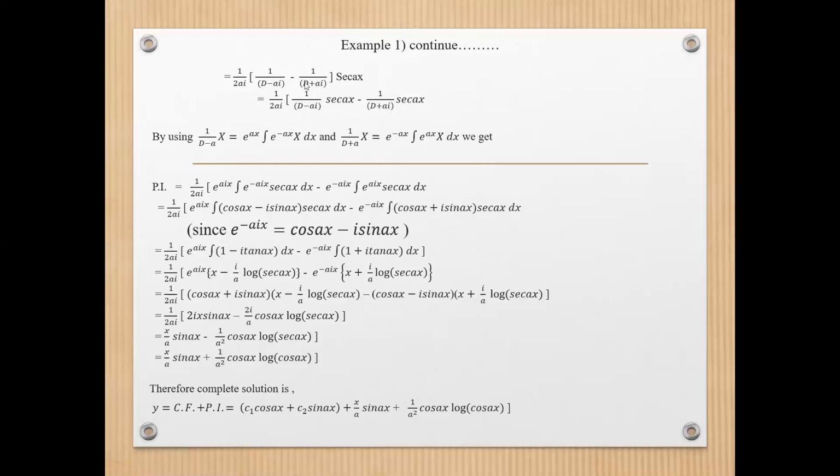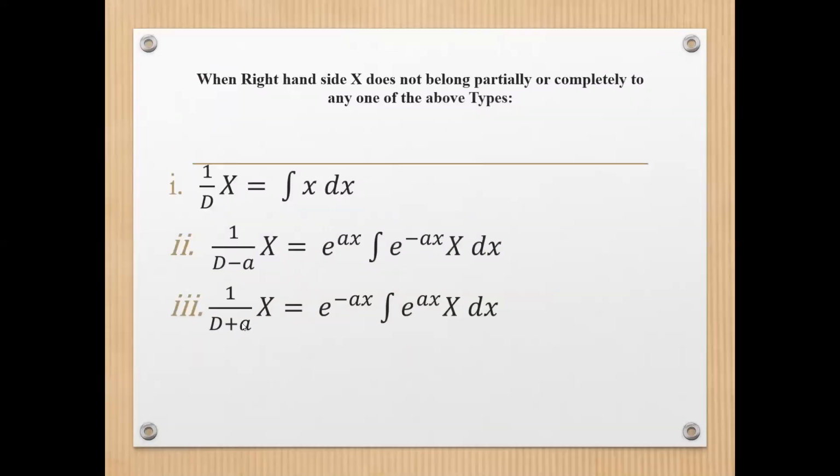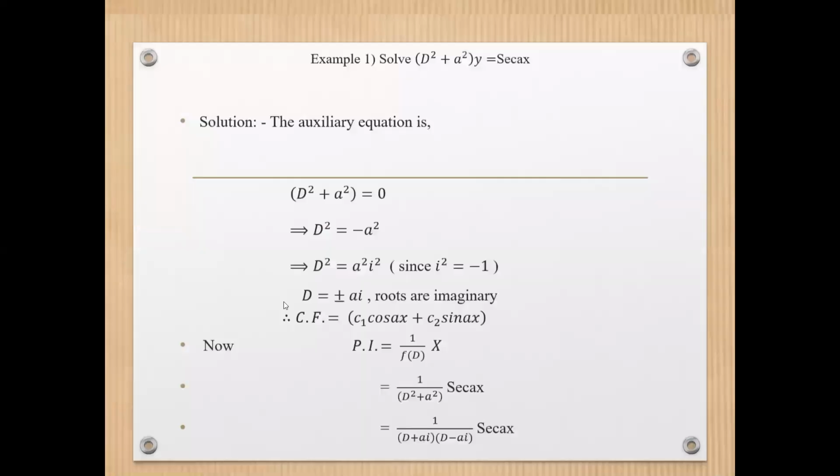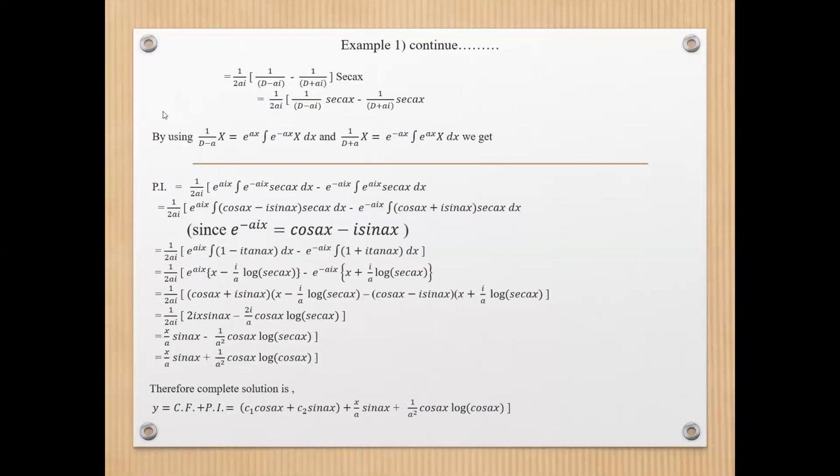Okay, here we have just multiplied this term inside the bracket. Now here is 1 upon D minus a, here is 1 upon D plus a. So see these two formulas, 1 upon D minus a, 1 upon D plus a. We have to use these two formulas separately. This is the first term and this is the second term. In the first term we have to use this formula. Getting me? Because the denominator is a linear factor of the form D minus a.